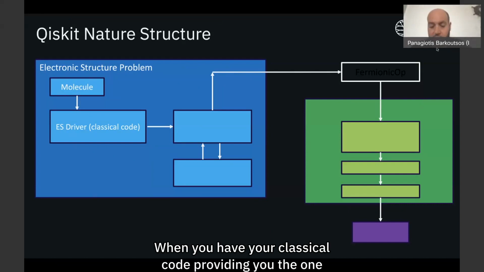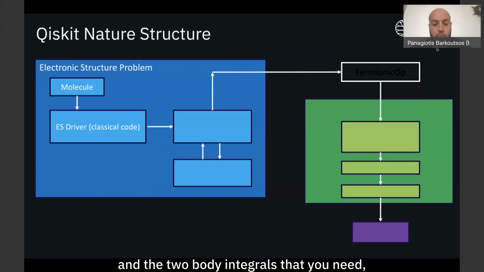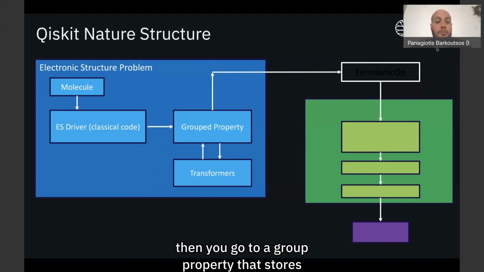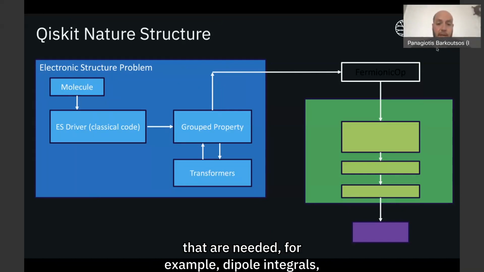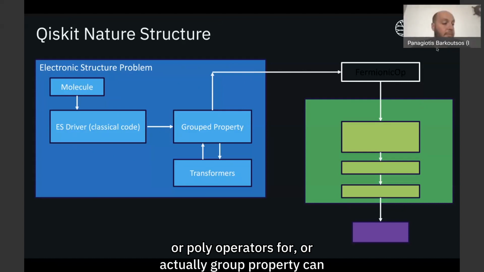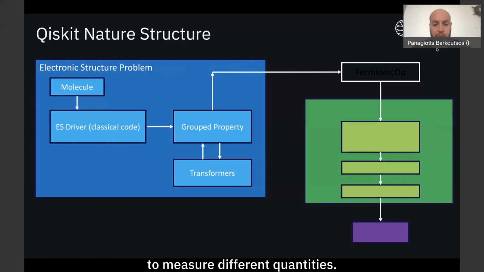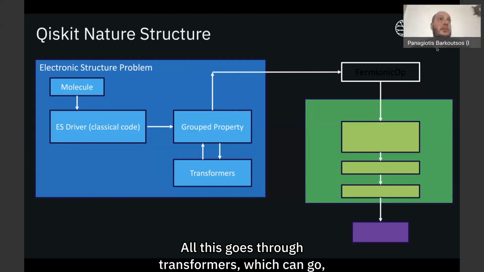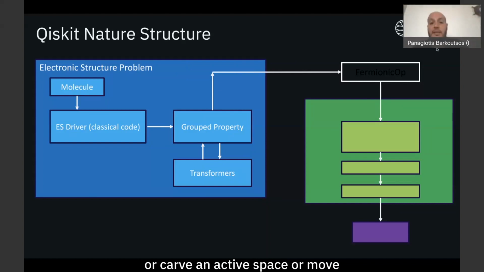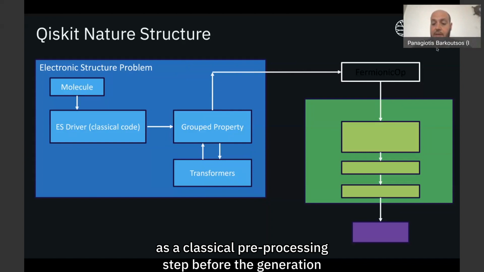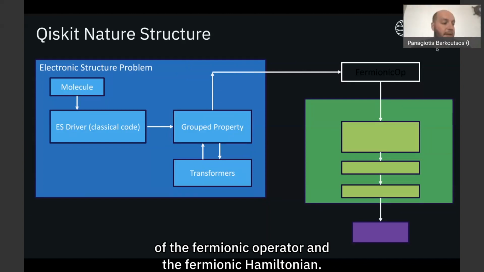When your classical code provides the one- and two-body integrals that you need, you go to a group property that stores all this information and can also calculate other quantities that are needed, for example dipole integrals. A group property can also generate the Pauli operators needed to measure different quantities. All this goes through transformers, which can, for example, freeze orbitals that are close to the core, carve an active space, or move to different symmetries within the system. These transformers operate as a classical pre-processing step before the generation of the fermionic operator and